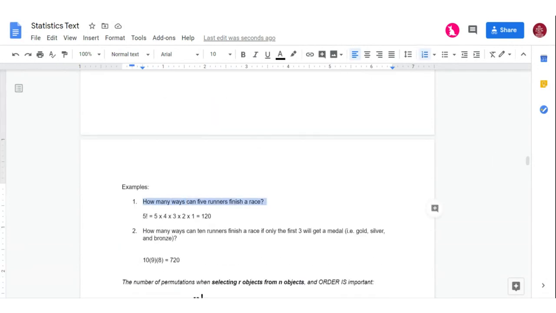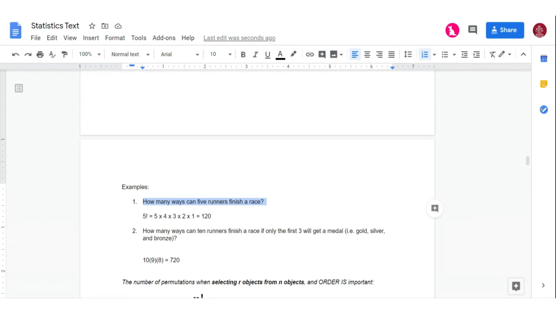So let's say you have 5 people that are going to be in a race, and how many different ways can they finish that race? Well, that's a straight permutation factorial problem, because there's only one person that can finish in each spot. Nobody can take up 2, and that's what makes it a true permutation. But anyway, so that's 5 factorial. In other words, before anybody crosses the finish line,